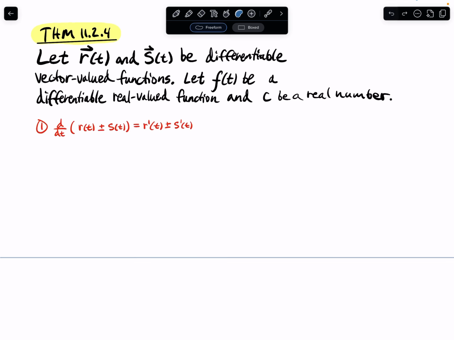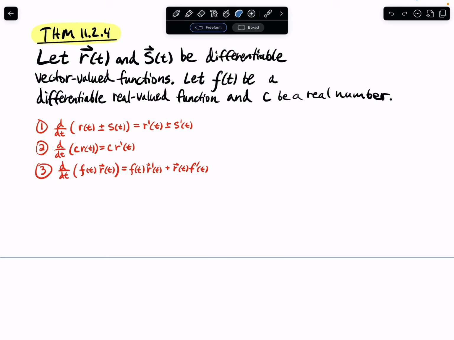Number 1, if I take the derivative of the sum or difference of the two vector valued functions, I get the sum and difference of the derivatives. Number 2, if I take the derivative of the vector valued function multiplied by a real number, all I do is bring the real number out front. Number 3,